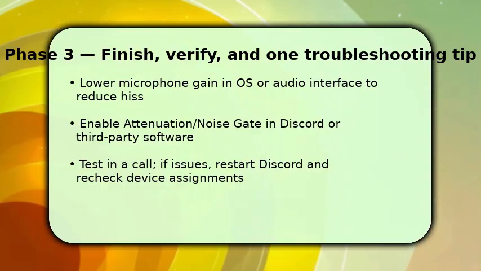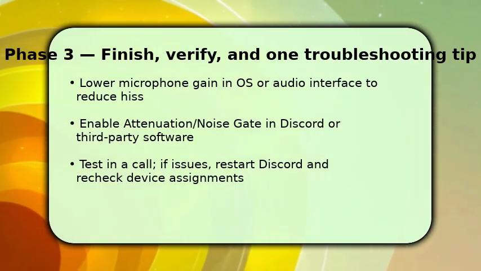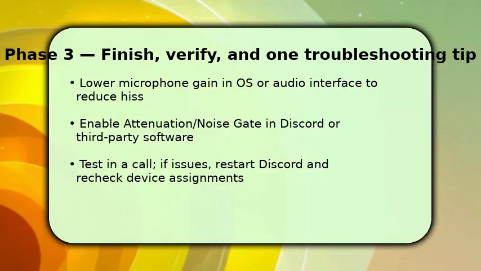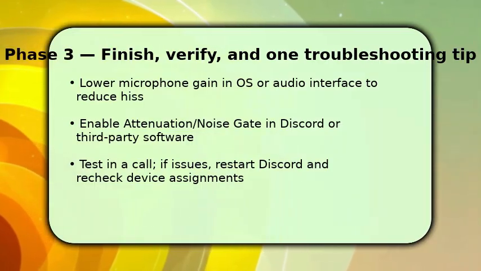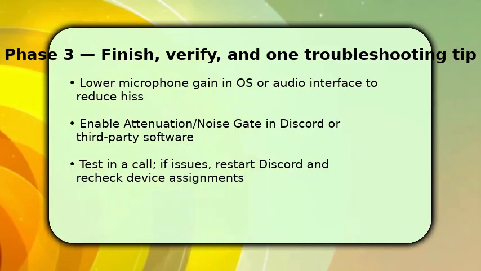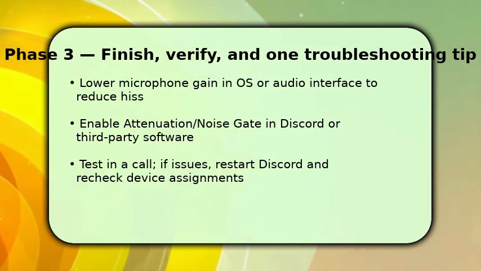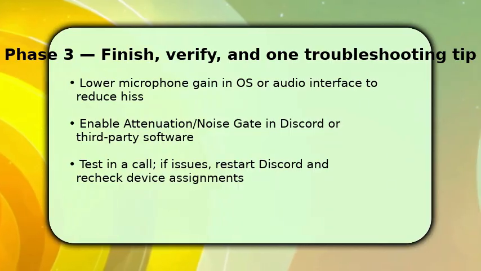Finish by minimizing sources. Lower mic gain in the OS or your audio interface to reduce constant hiss. Physical mic placement, move closer and away from keyboards, matters too. Enable Discord's attenuation or a noise gate in third-party tools to cut intermittent noises, and run a real call test